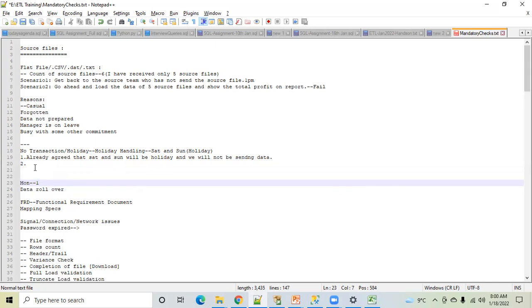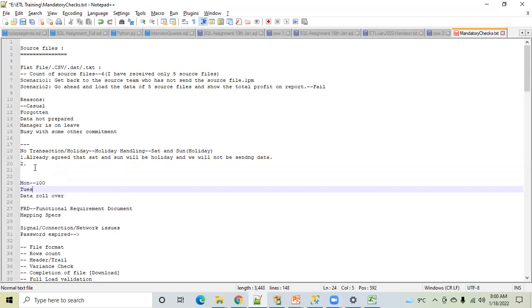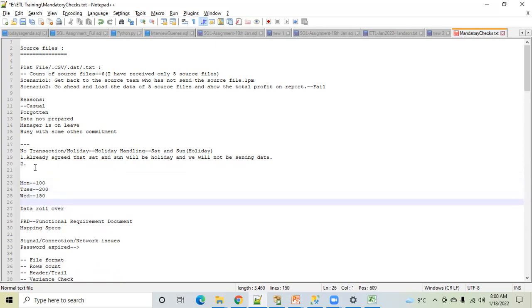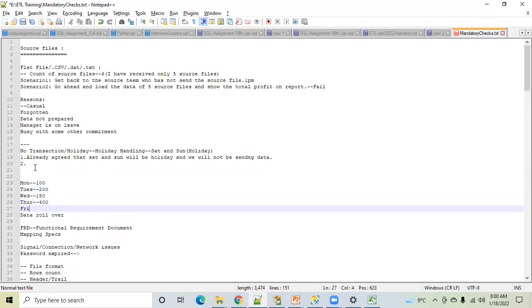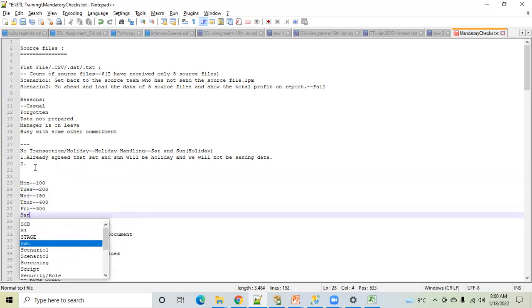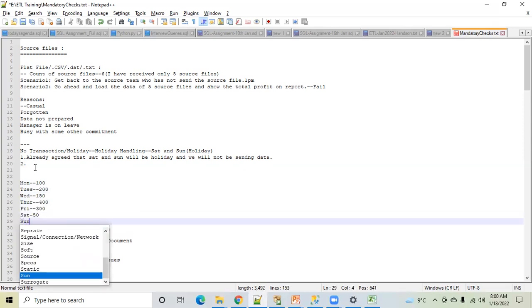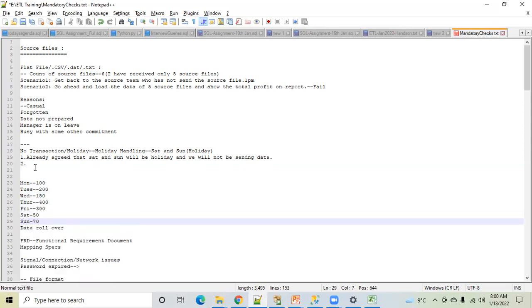Monday rupees 100 total profit, Tuesday 200 rupees total profit, Wednesday 50 total profit, Thursday 400 total profit, Friday 300 total profit, Saturday 50 rupees total profit, Sunday 70 rupees total profit.